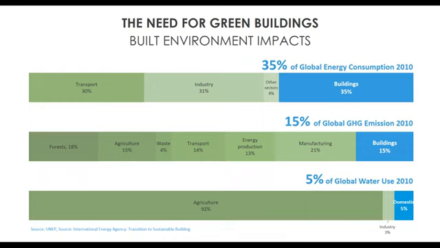So how do we relate these resource pressures to building design, construction, and operation? 35% of the world's energy consumption happens in buildings. Buildings themselves don't consume the energy, but the energy is consumed to use these buildings to support housing, businesses, homes, etc. In a similar vein, 5% of the world's water consumption occurs in buildings, and 15% of the world's annual greenhouse gas emissions result from the construction and operation of buildings. This figure actually does not include the manufacture of materials, which obviously makes it much higher.